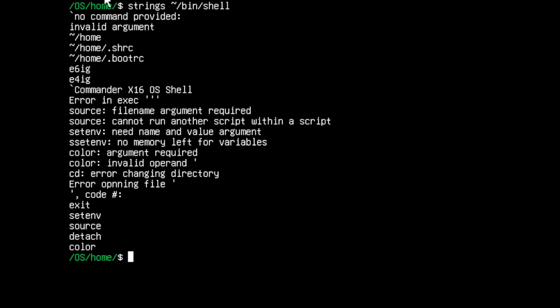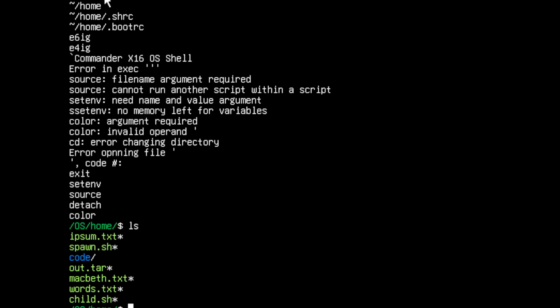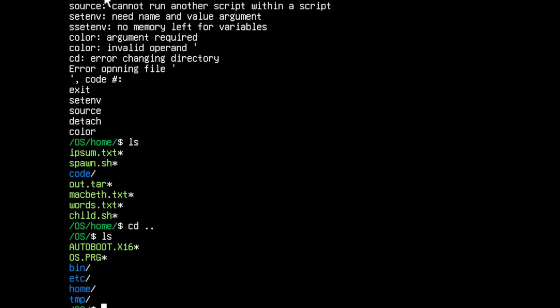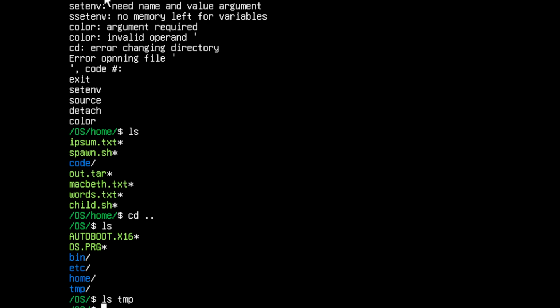So home is the starting directory now, and it's an easier place to put my files, and it lets us separate it from bin, etc. Temp. Oh, is there anything in temp? No. Yeah, bin, etc., home. I think it makes a little more sense, because normally on a Unix system you'd have home slash user, so Cameron or